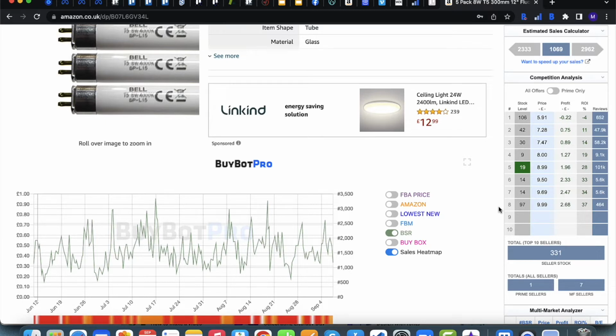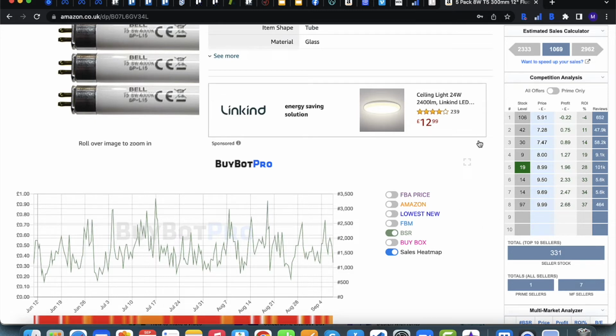So on this one, you've got a quieter competition, and if you are FBA as well, that does give you an advantage over merchant fulfilled sellers. So you might find something like that quite useful, or you could use a balance strategy, as I say. If you are a merchant fulfilled seller, because there are quite a few merchant fulfilled sellers on the listing, you may want to use a merchant fulfilled aggressive strategy. You might want to use a balanced one. So something like that if you are a merchant fulfilled seller.